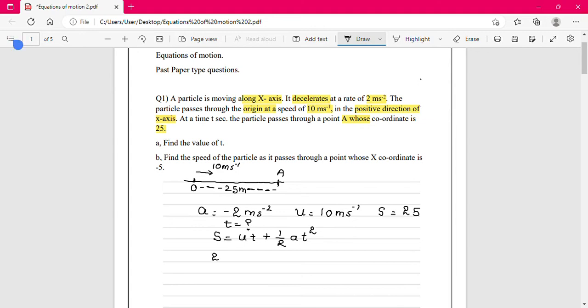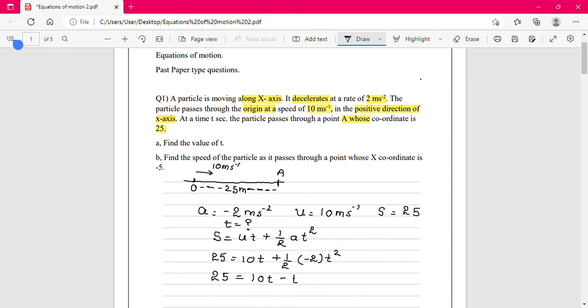So 25 is equal to UT, that is 10T, plus half into negative 2 into T square, which will mean 25 is equal to 10T